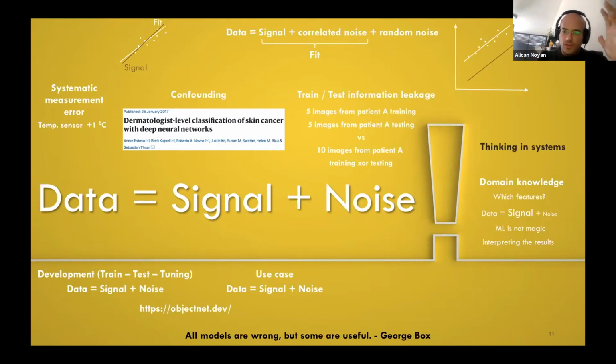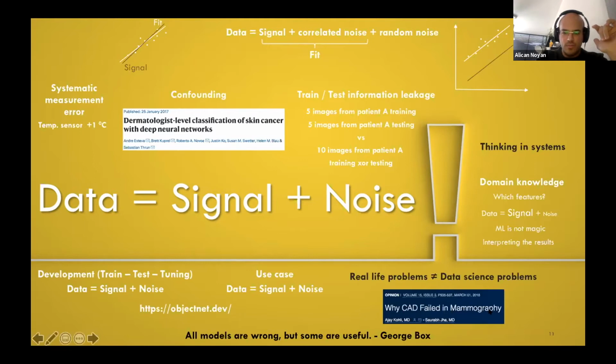I want you to think in systems, right? We are building models, but highly probably if someone is going to use this model, it will be part of a system. So it's important how this model reacts to the other elements. You have to think about this. This is visible in this paper. For example, doctors had a false sense of security. When the CAT was there, they trusted the system more than they should, right? They didn't consider this.